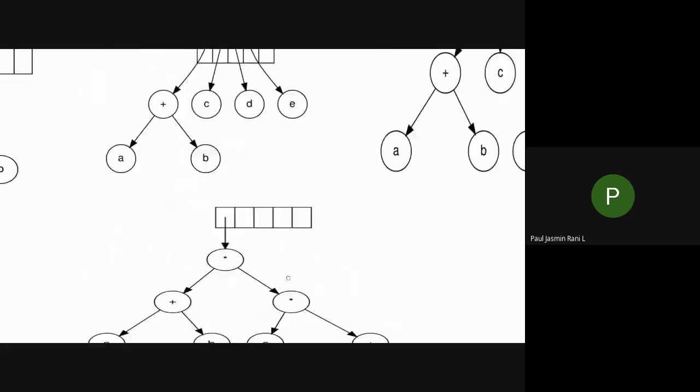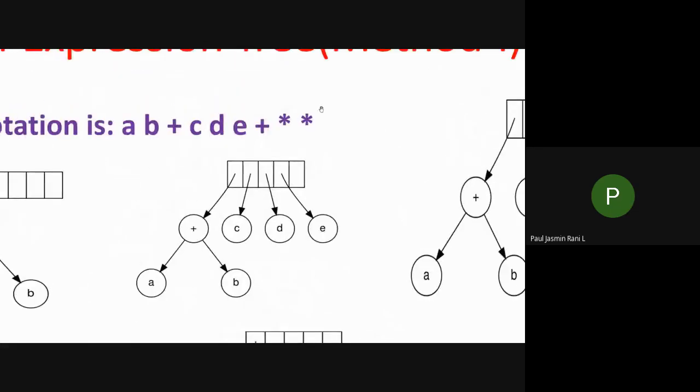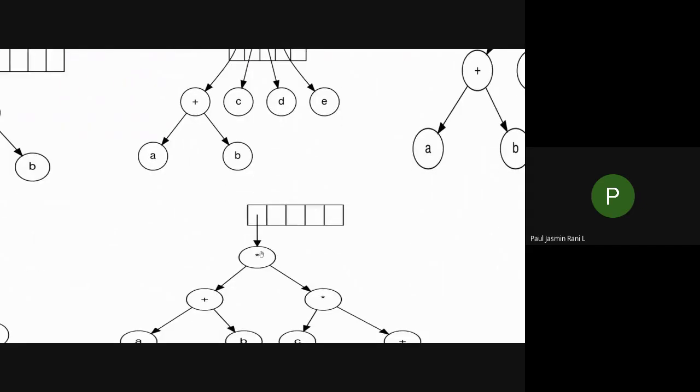I will show you this one. In this one, asterisk is your last operator. So what is your root element? The root element is your asterisk. In your postfix expression, whenever you get your last operator, you bring it to your root element, and from that root element you can construct. That we are going to see in your second method.